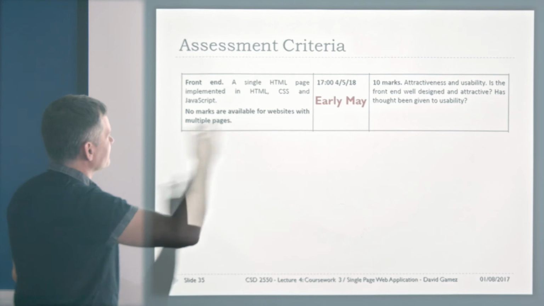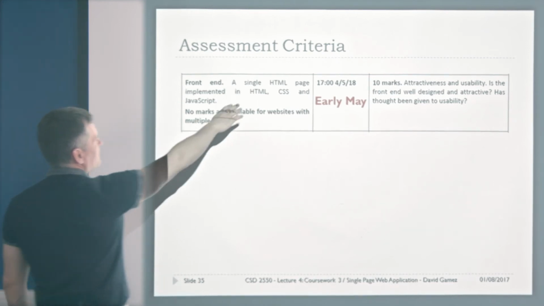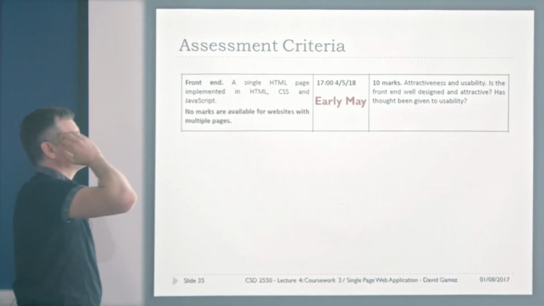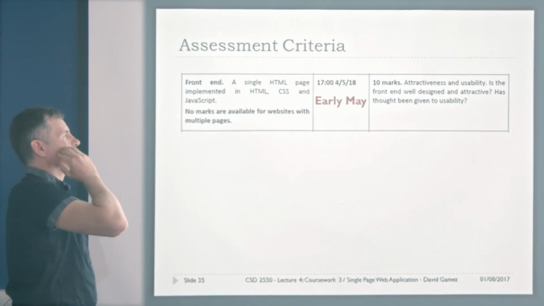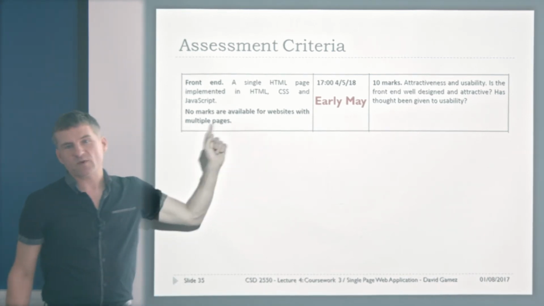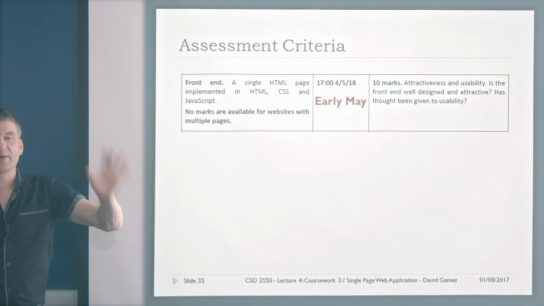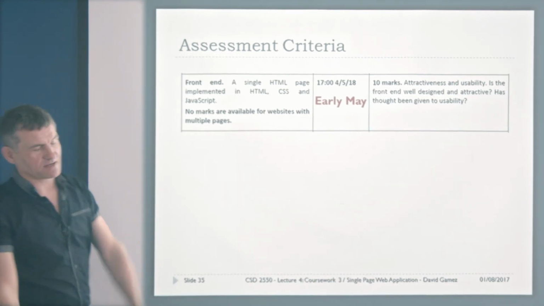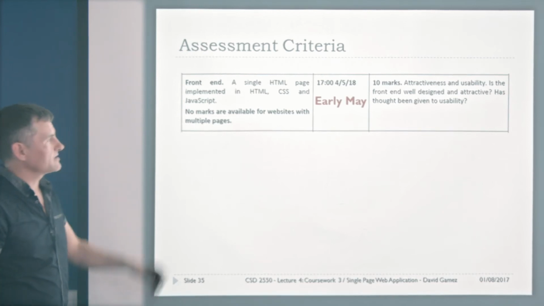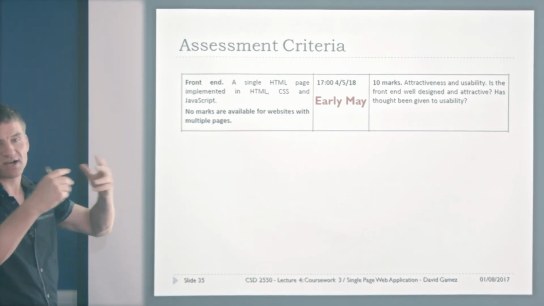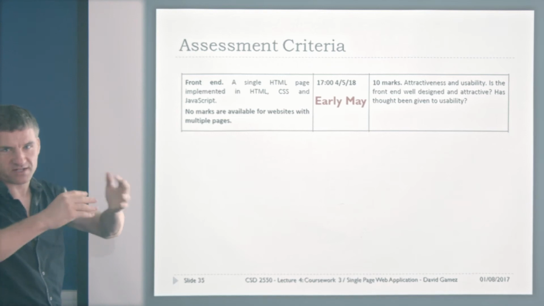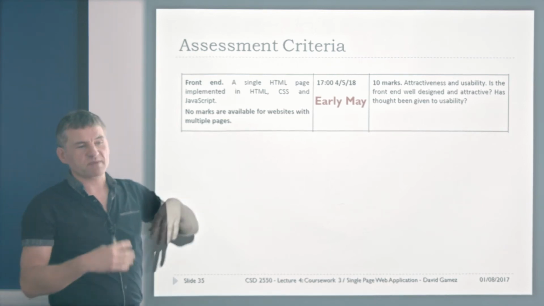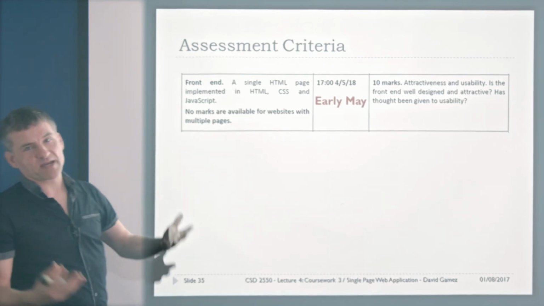Then we've got the front end. In this case, the front end will be a single HTML page implemented in HTML, CSS, and JavaScript. So there are no marks for websites with multiple pages. It's a single page web application. So there should be one page called index.html, I suppose, and then that'll have links to the JavaScript files that will actually do the main functionality of the website. If you submit a website with 20 pages, we'll pick a page out at random and give you